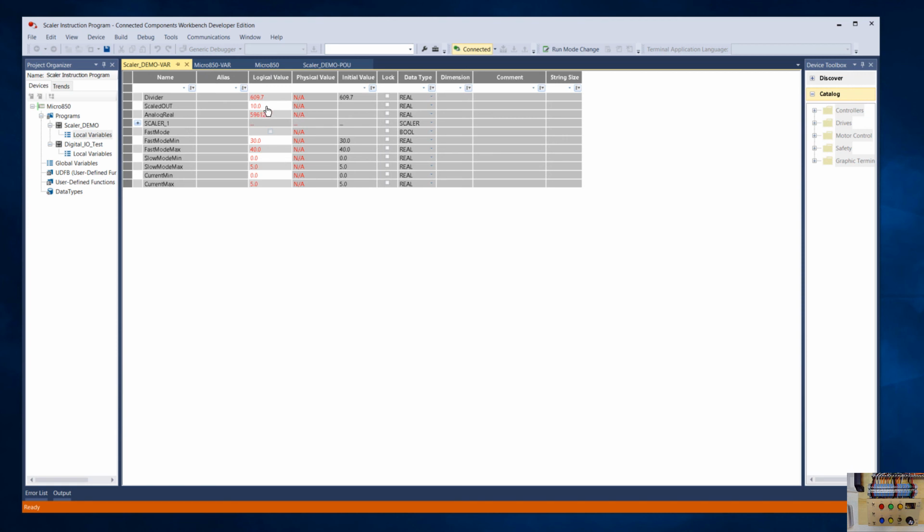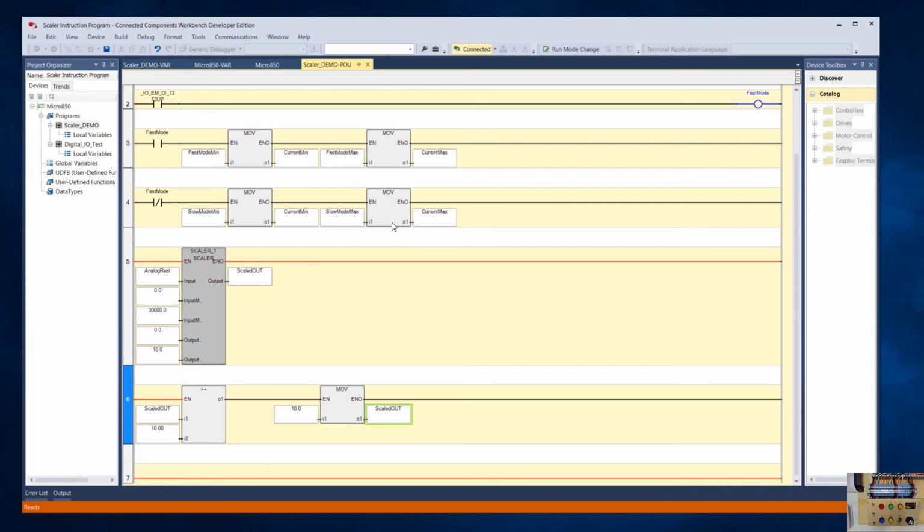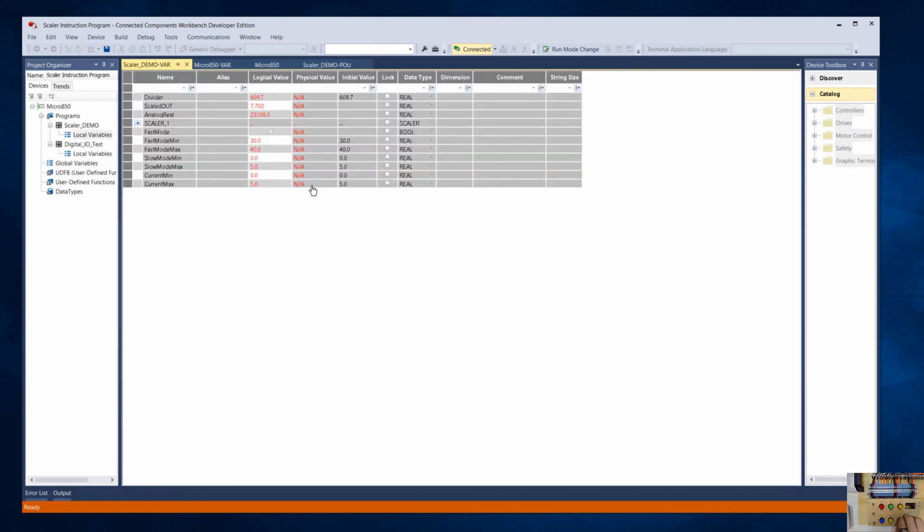So you can see scaled output is 10 there. And let's go back to the program. It's interesting, it's not showing me my values as if it's not online. Let's go back and look at it. So I'm not sure why something's screwed up in my communication there, but if we're watching the scaled output here,